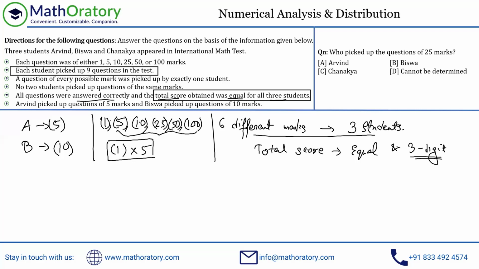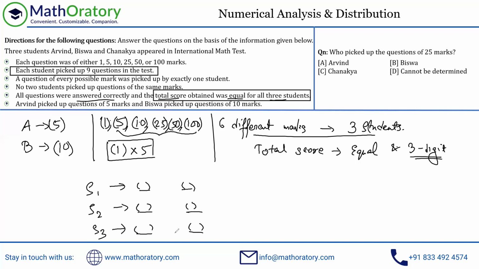As I was saying earlier, majorly speaking, there are 2 layers of solving. One is how many different marks a student picked up. For example, out of this A, B, C, I'm just indicating this with student 1, student 2, student 3, so that you don't get confused, because I'm not going into the arrangement at all at this point. It is possible that student 1 picks up 2 different types of marks. Student 2 also does that, 2 different marks. Student 3 also picks up 2 different marks, right?